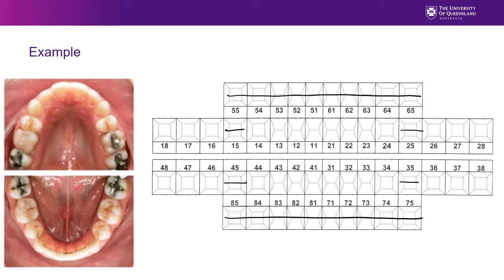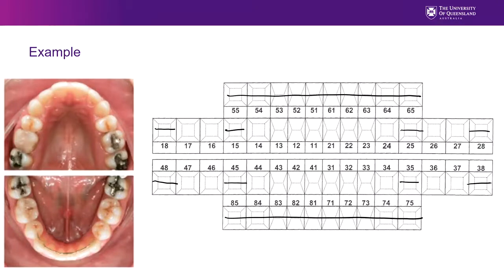This person's obviously had orthodontic treatment because you can see that they have a fixed retainer, but also that there's no spaces where those teeth are. So you do need to be going around and counting all of the teeth. In terms of restorations that are present, I can see that lots of these molars have existing restorations. I can also see, which I haven't recorded yet, the wisdom teeth, or the 8s, aren't present in these photographs or aren't erupted. Perhaps if I took a radiograph, I'd be able to see that they might be underneath the gum. But now I need to tell my dental assistant, or the person who's helping me record the dental chart,